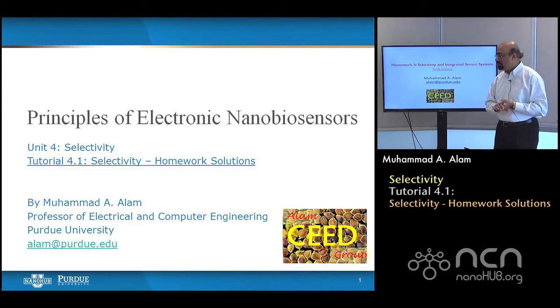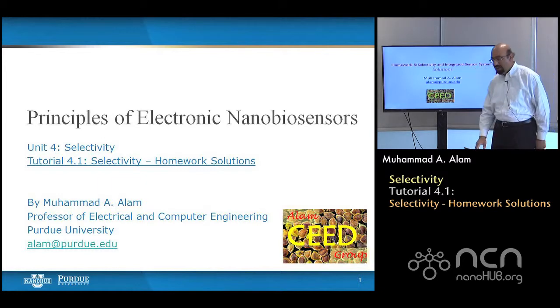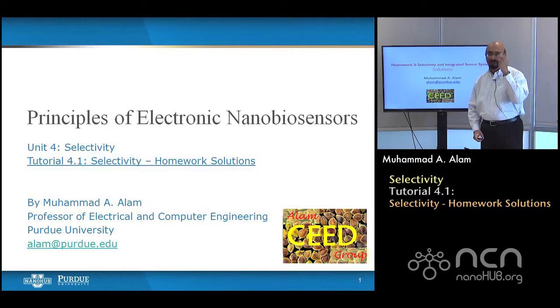So in this homework, we'll be talking about a few problems on the selectivity. And then there were 2 or 3 lectures on genome sequencing. I will run a few things by you. So once you have done this homework, if you have done it carefully, you should have a very deep understanding about various processes involved in selectivity issues.